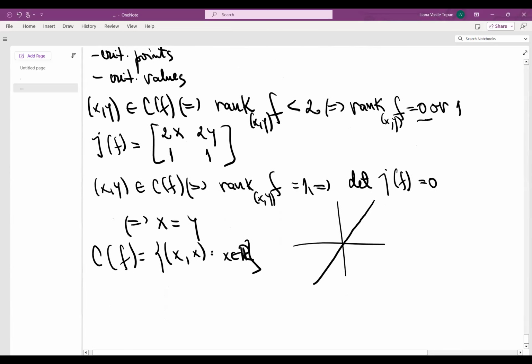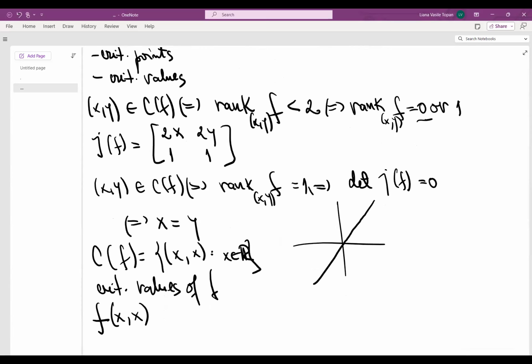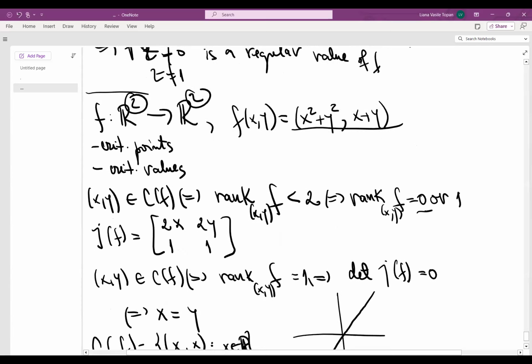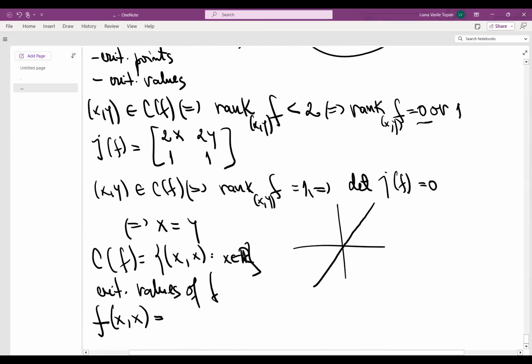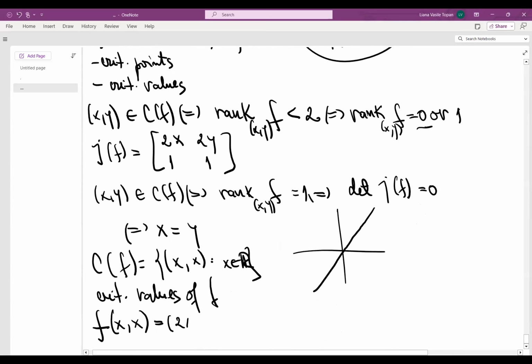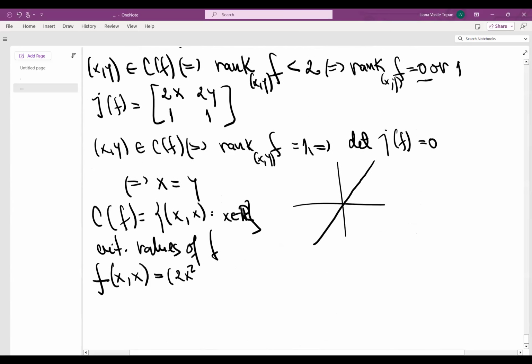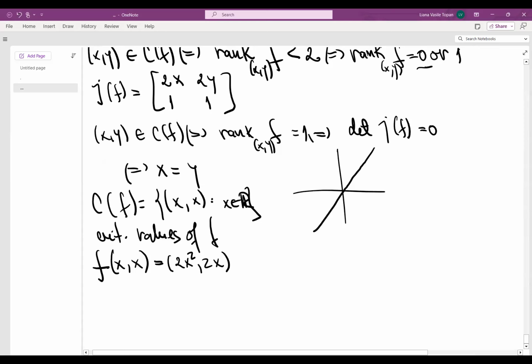So I want to compute the critical values. I need to see the value of f on a critical point, so on a point of the form (x, x). So where is the function? It's x squared plus y squared, which means x squared plus x squared, 2x squared, and then it's x plus y, which means 2x. So the critical values